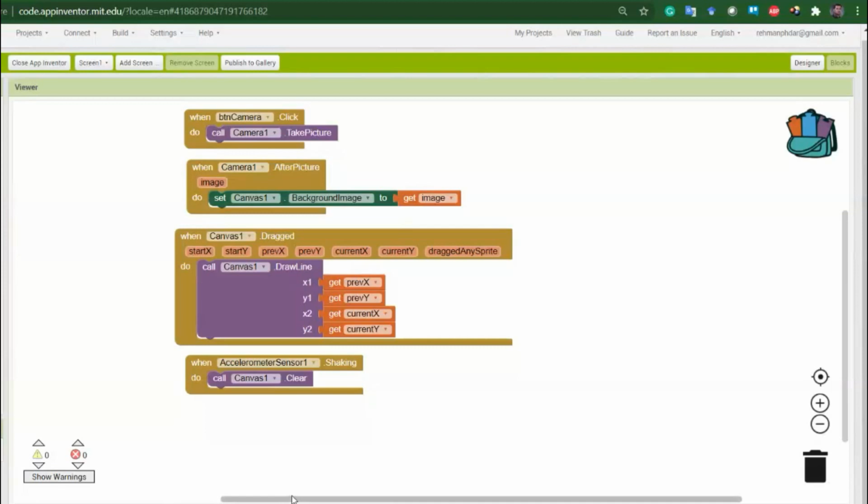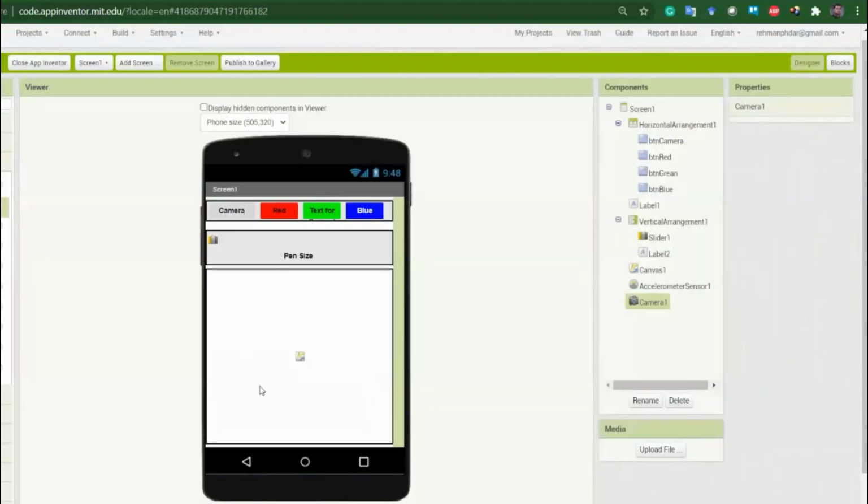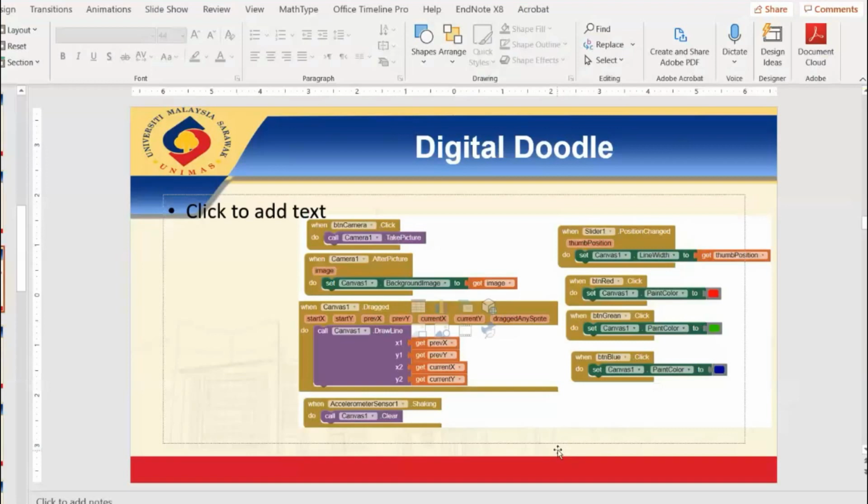Okay, after that, we all did this one. Now we want to change the drawing color, and maybe we want to change the size of the drawing.